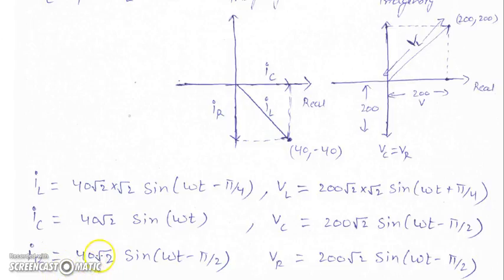Similarly, IC is on the real x-axis, so no phase difference, 40 root 2, and IR will be 40 root 2. 40 is the RMS value and root 2 is the factor by which we get maximum IR. Similarly, VL is IL into XL. The difference between VL and IL will be pi by 2. VL will lead by pi by 2, so that's why it is plus pi by 4. Between IC and VC it will be minus pi by 2, VC will lag. Similarly, VR